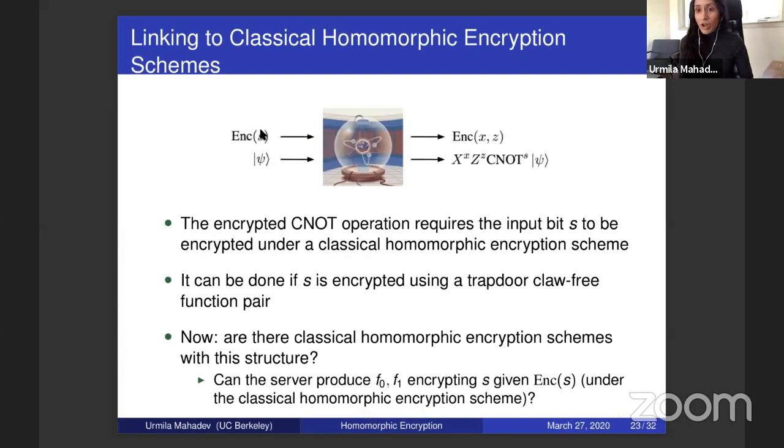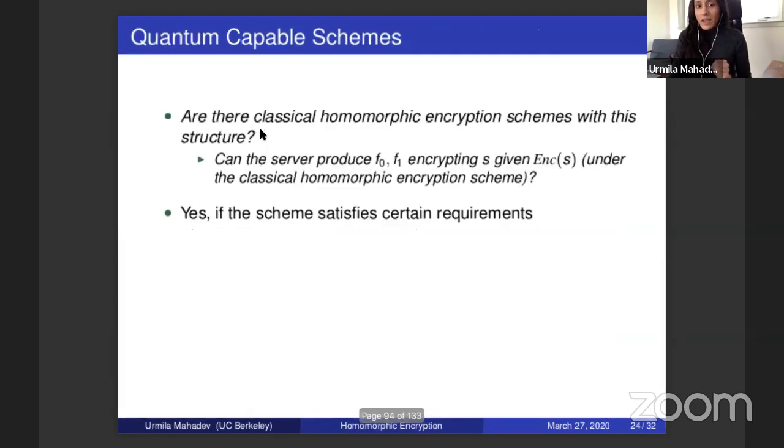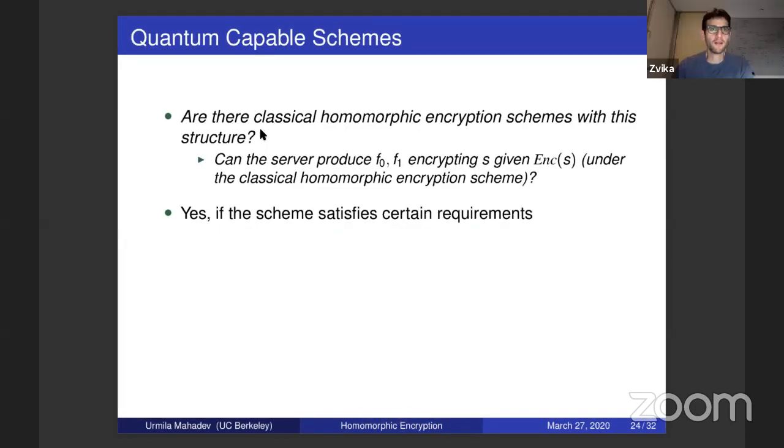So that's the question. Are there classical homomorphic encryption schemes for which the server can start with the encryption of a bit S and produce this TCF encryption F0 and F1? And this is now just a purely classical question because we know what we need to do. It has nothing to do with the quantum setting anymore. And it turns out that the answer—